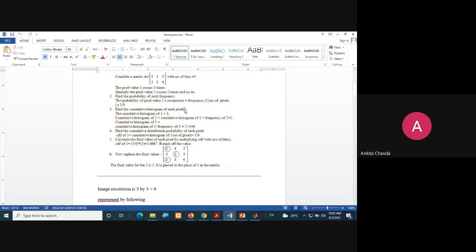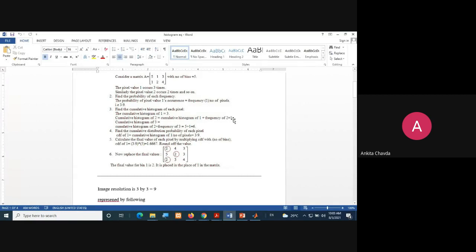Then find the cumulative histogram of each pixel. How to find the cumulative histogram? The name itself says cumulative, means you have to add the other histograms also. So first you find the cumulative histogram of 1. That is the number of pixels, means 3. Now the cumulative histogram of 2 is the cumulative histogram of 1 plus the frequency of 2, means 3 plus 2, which is 5. Then the cumulative histogram of 3 is the cumulative histogram of 2, which is the previous one, plus the frequency of 3.